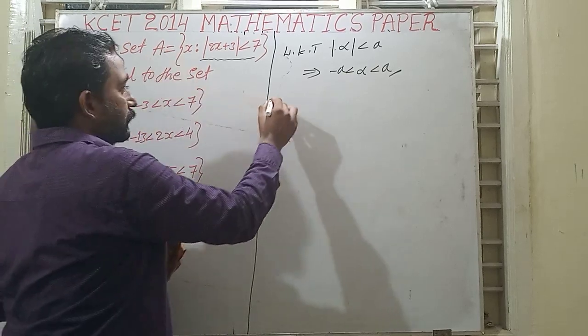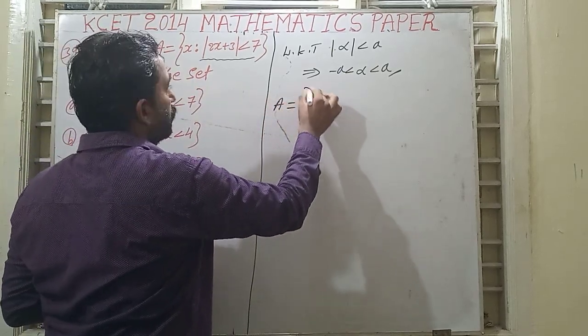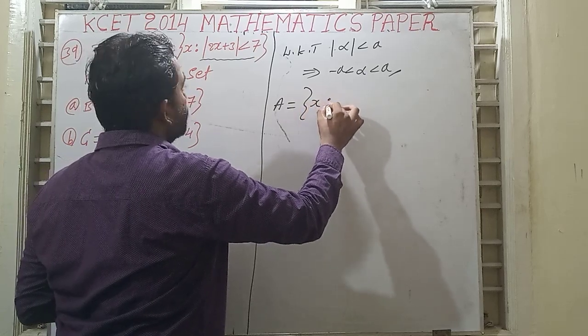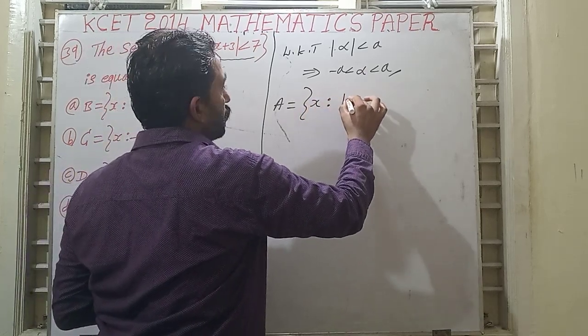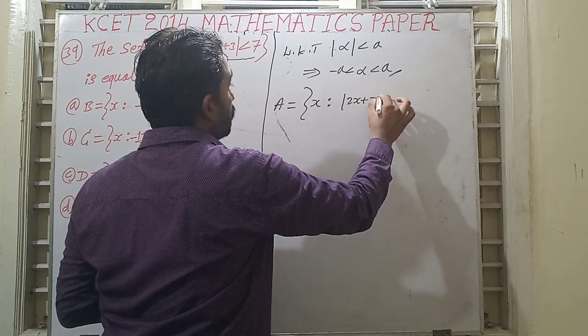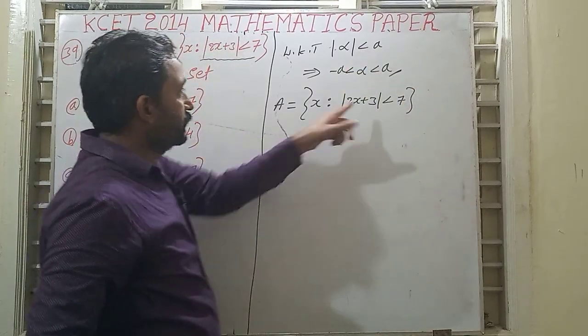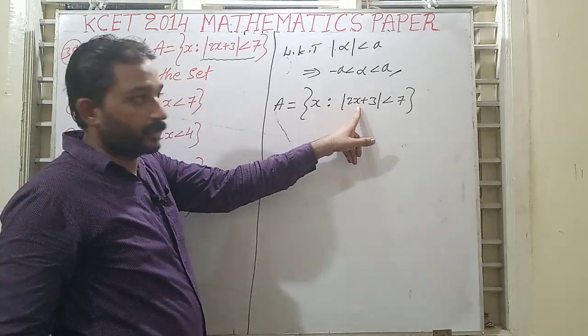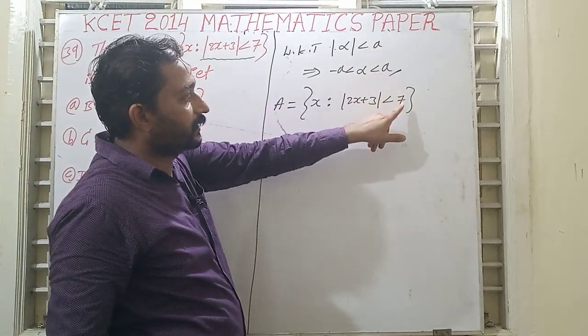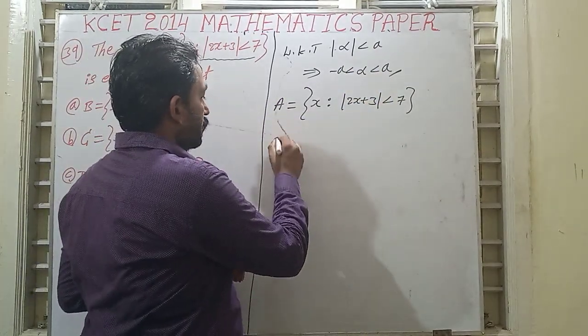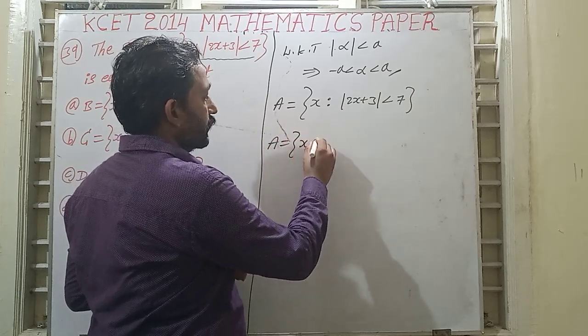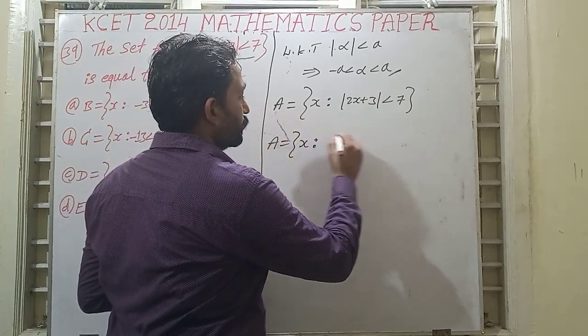Take the given data: A is the set of all elements x such that modulus of 2x plus 3 is less than 7. Compare these two. In the place of alpha, 2x plus 3 is there. In place of A, 7 is there. So we can write once again 2x plus 3